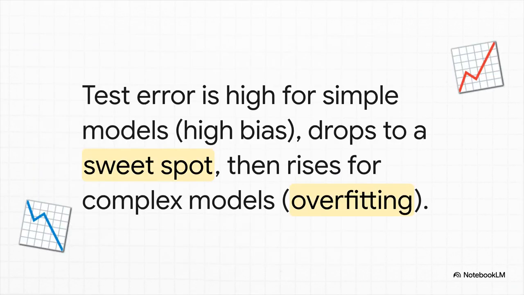And here is where it all comes together. This is a magic moment. When you see how these two forces, bias and variance, play against each other, you get this classic U-shaped curve. This is probably one of the most important charts in all of machine learning. See, on the left, simple models have high error because they're too biased. Way over on the right, super complex models also have high error because they've overfit. The entire goal of our whole quest is to find that beautiful sweet spot right at the bottom of the